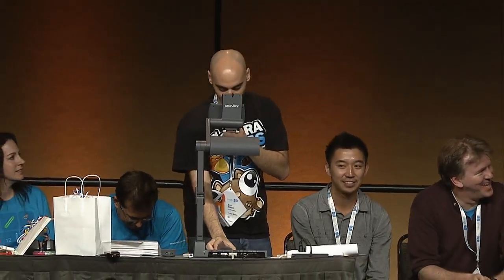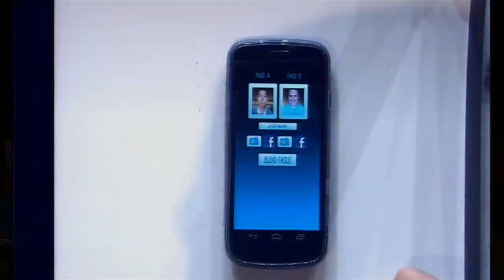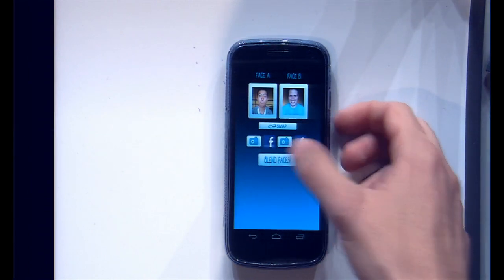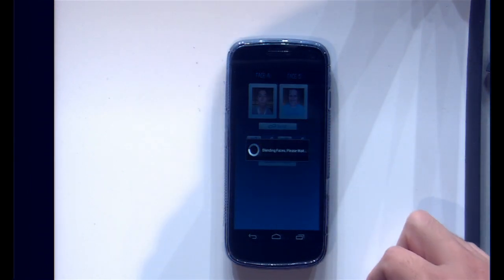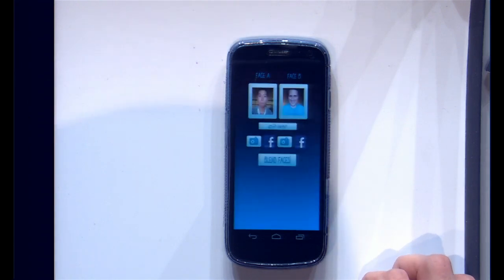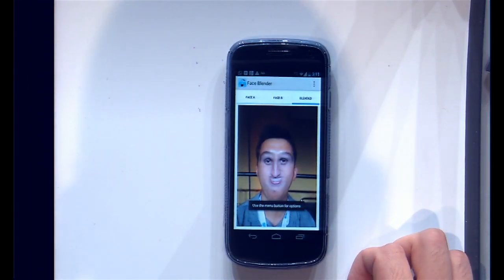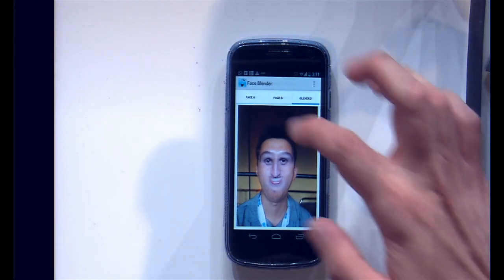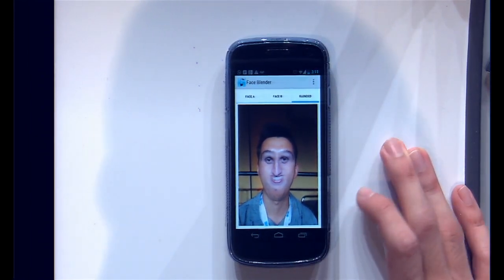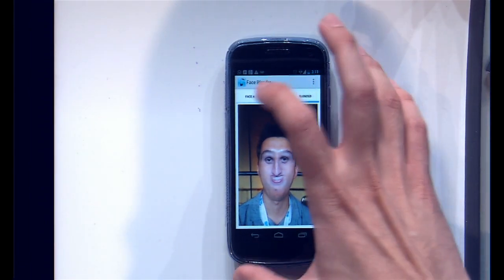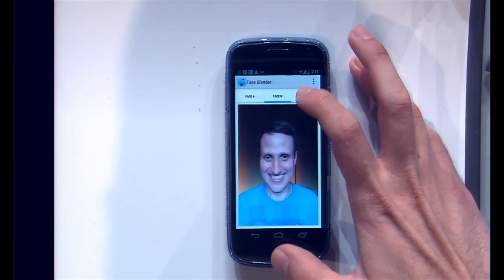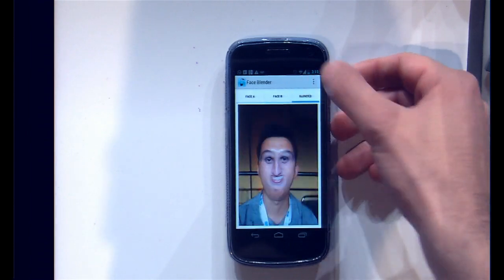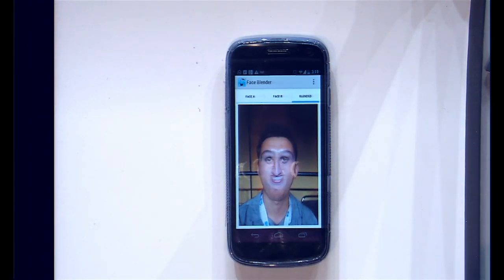Can you see that? Okay. So you just press a button. You don't have to do anything. And this is the result. And you have tabs. You can see the original faces. And sometimes the face detections go wrong, so you can